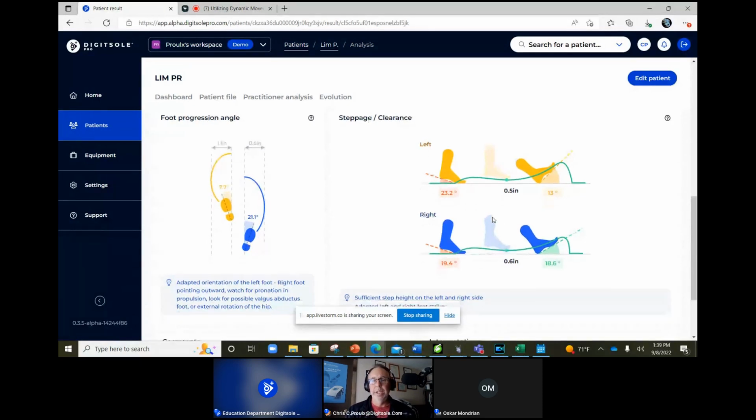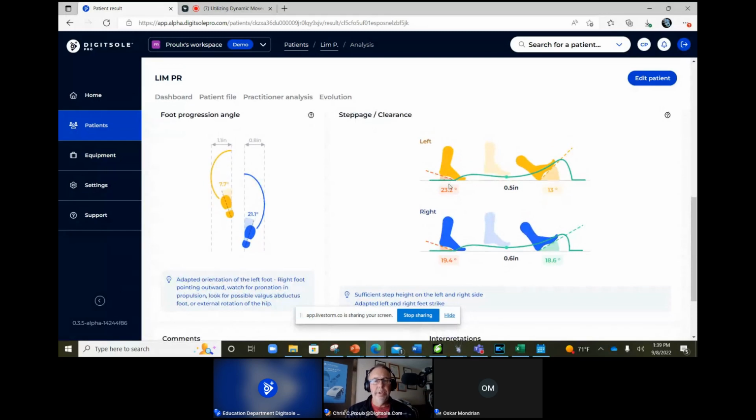And then we see on steppage and clearance, we see a reduced angle on toe off, on both the right and the left. These angles are actually pretty short. The 18 degree isn't bad, but again, remember that when I relate that back to what's going on with the hip external rotation, while she doesn't have to perform as much of a heel angle upon heel strike because she's got external rotation and not as much foot is coming in contact with the ground. It is reduced on that left side, so maybe we'll see a compensatory change happen,